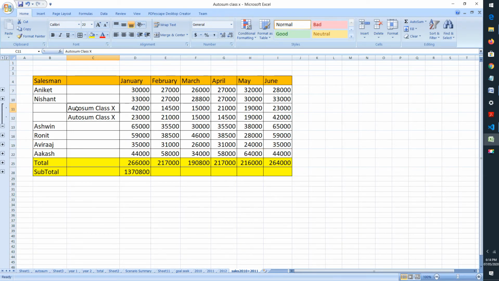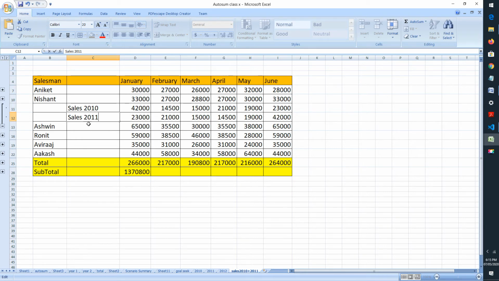And if I collapse this, I can check for some other, let's check for Ashwin. You can again name this, right. We can always name these columns to have a more appropriate name, 2010 and similarly 2011. So, for Ashwin, for year 2010 the sales in January is 42,000, and for 2011 it is 23,000, and the total is 65,000.